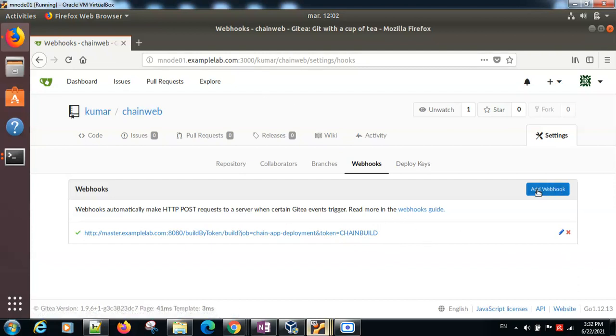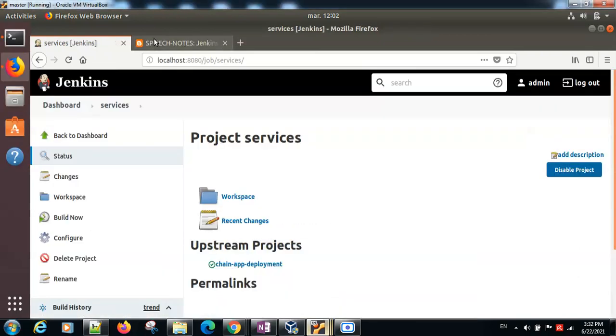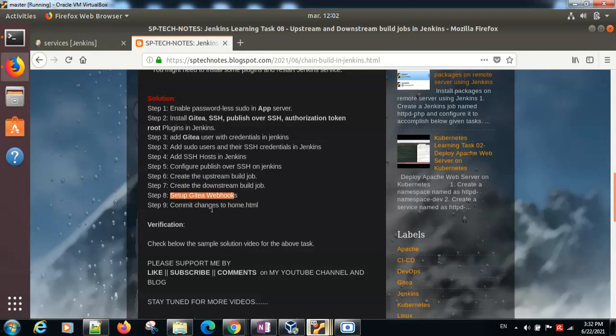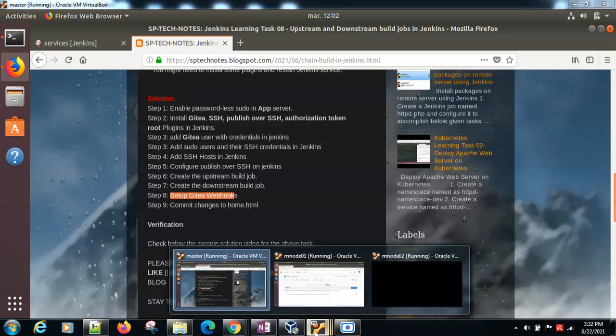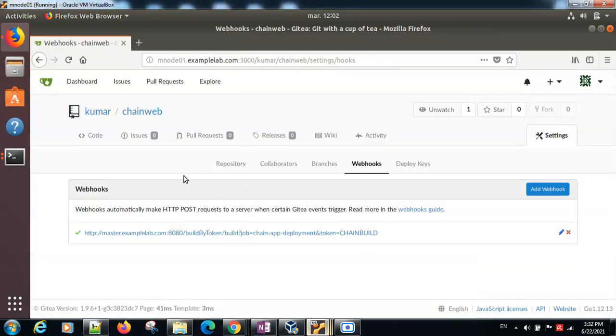You can simply give add webhooks and give this URL. Okay. So let's go to our next step: commit changes to the home.html. Okay, so I just go back to my